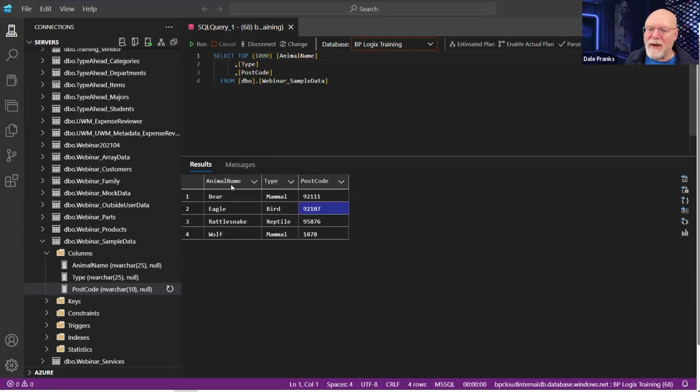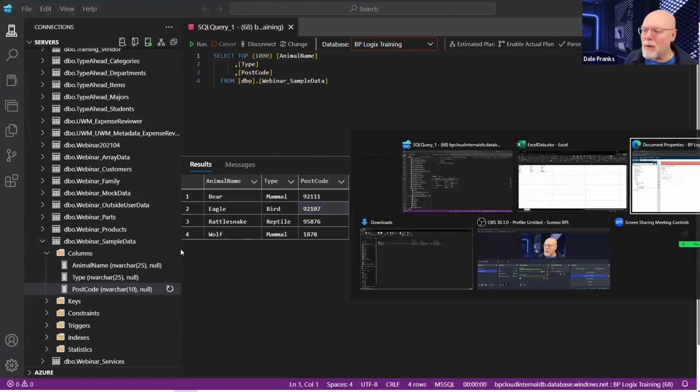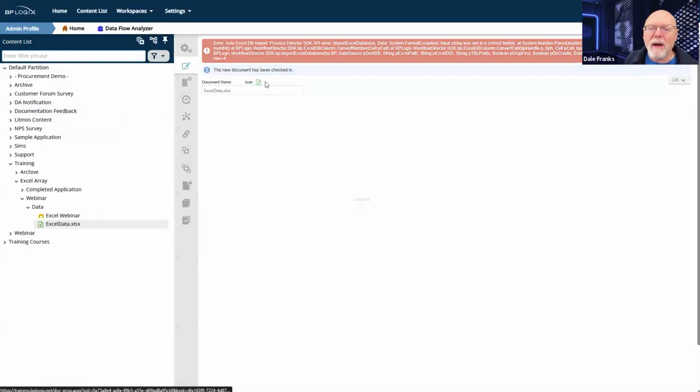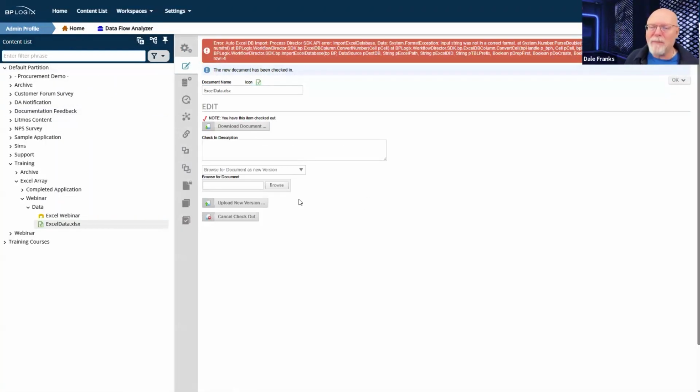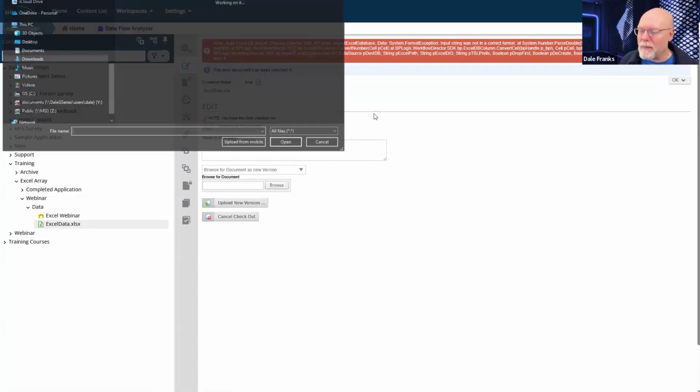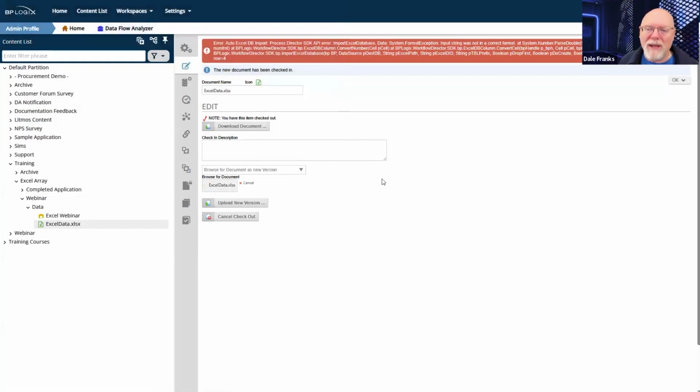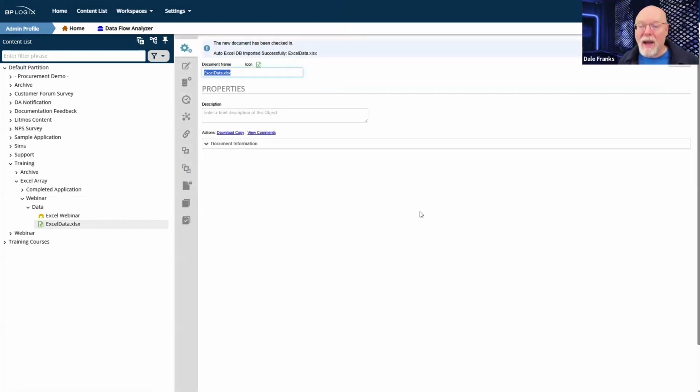Let's see if that fixes my problem, because this is not one that I ran across yesterday. It's because of the way I did it. All the numbers were formatted as numbers, and as you just saw, they're still numbers, or they'd still be text in the table, but the import wants to try to at least attach them as numbers. So let's upload this. Okay, that worked.